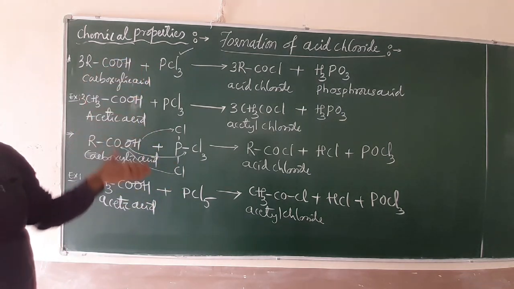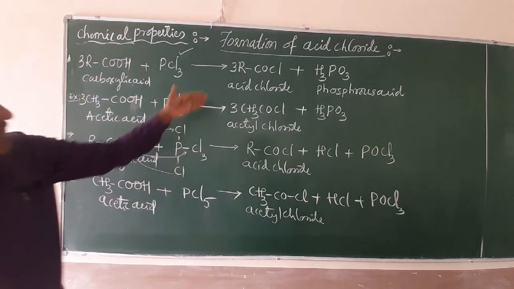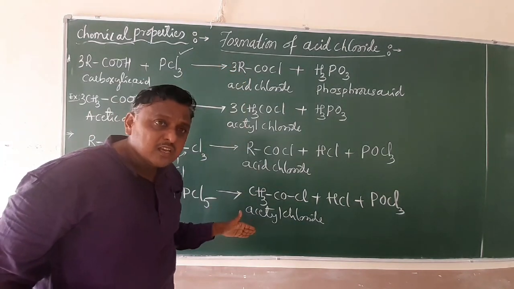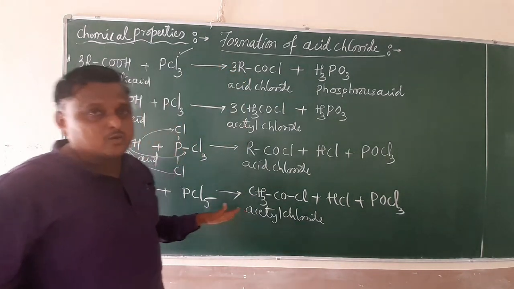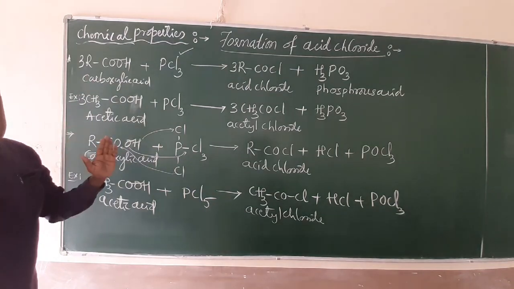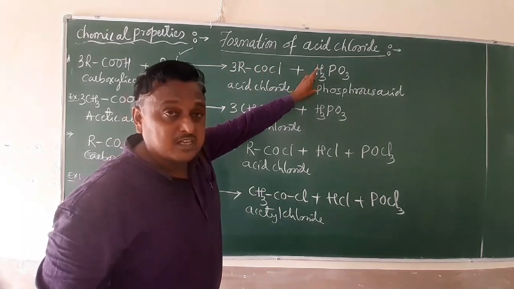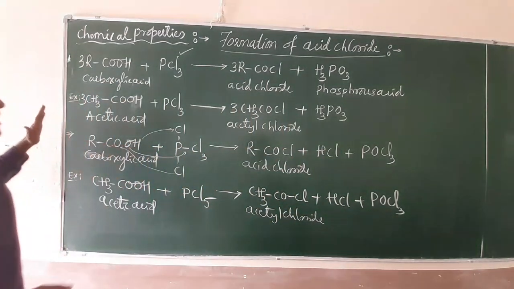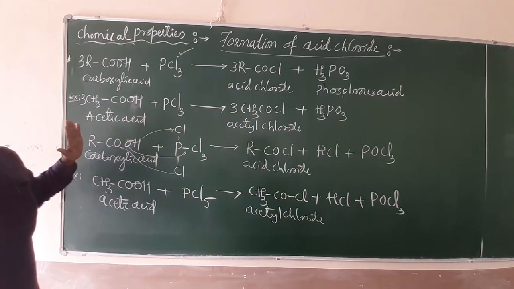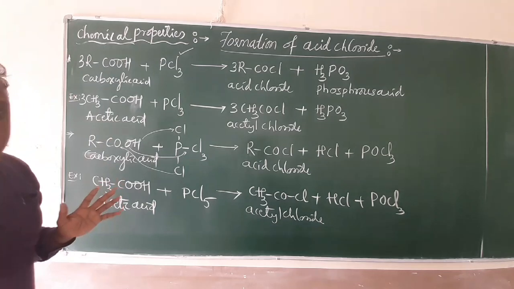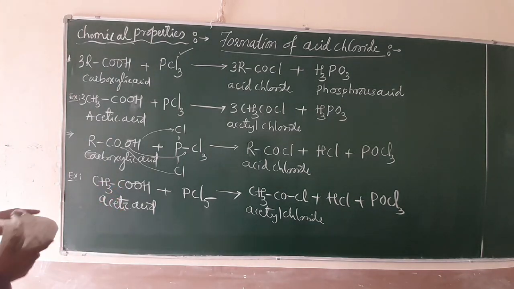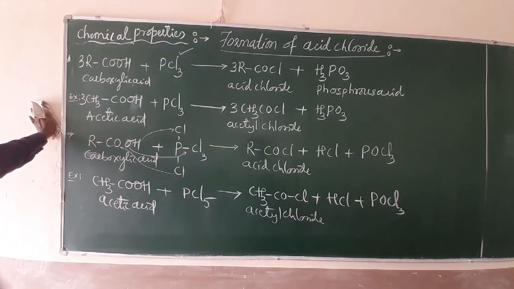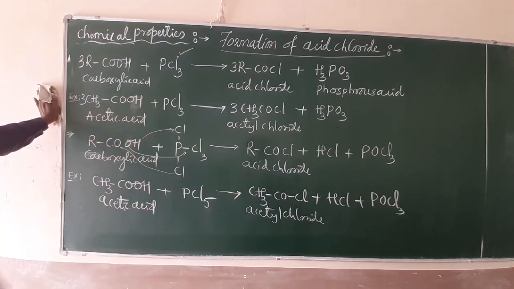This is the first category, friends: the preparation of acid chlorides by using either PCl3 or PCl5. Phosphorus trihalide and phosphorus pentahalide can easily provide us the preparation of acid chloride. That's a very simple reaction with byproducts phosphorus acid and phosphorus oxychloride. Yes, keep practicing these phosphorus halide reactions with different examples. Apart from this, we have a very important reaction, a wonderful reaction.